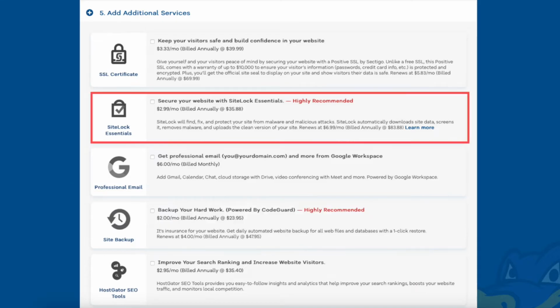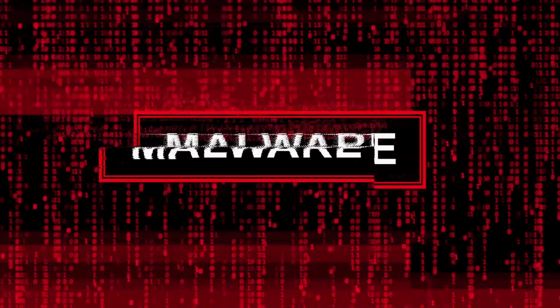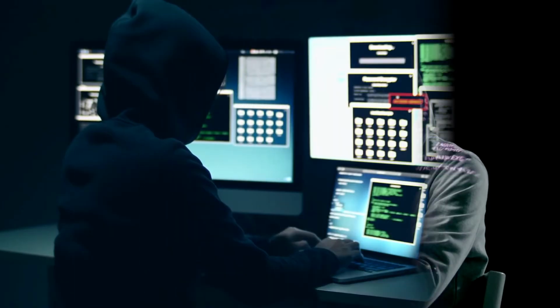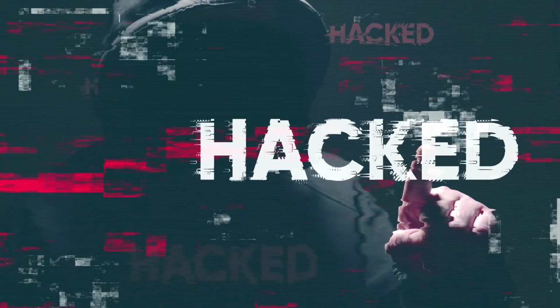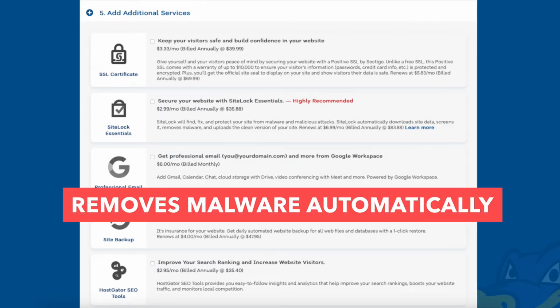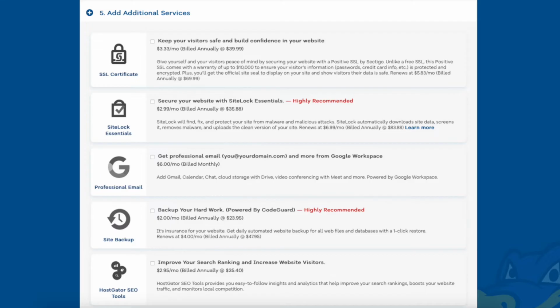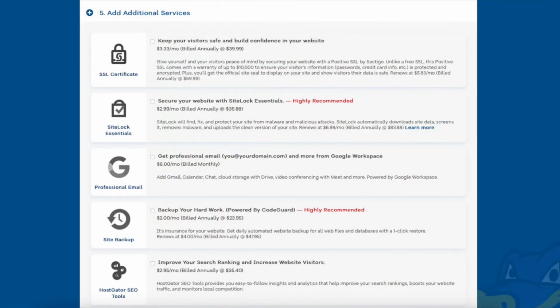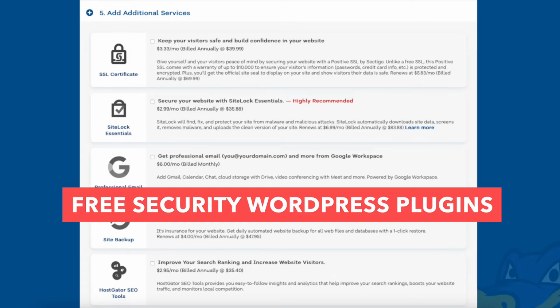Next, you will see SiteLock Essentials. This add-on checks your website daily for malware and protects your site from hackers and malicious attacks. It will notify you if your site has been hacked into and malicious code has been placed into it. SiteLock Essentials also removes malware automatically. This add-on can be beneficial and give you peace of mind if your site were to get hacked into and malware is placed on it. If you're going to be using WordPress for your site, there are free security plugins that do a good job